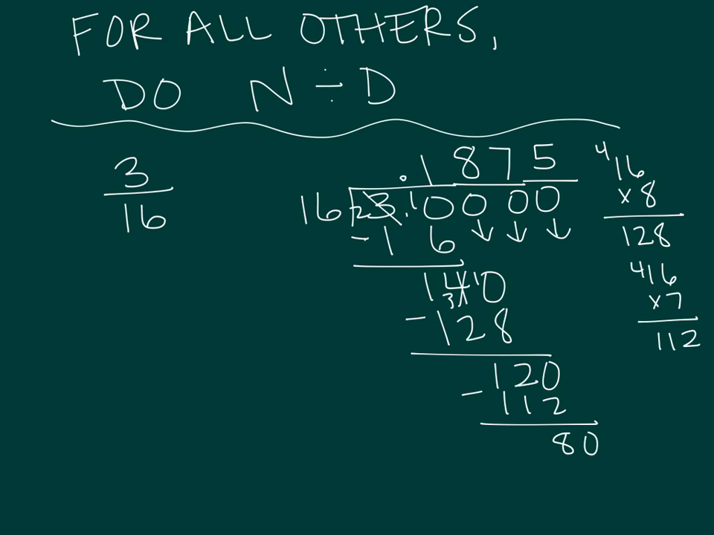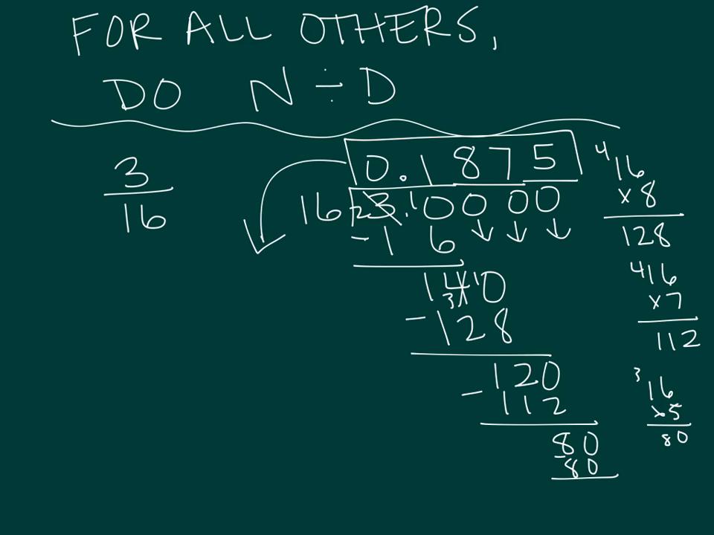Now I know I might have lost you on the division there a little bit, but you know long division. You're good at it. 16 times 5 is 80. So we're done dividing. Let's look at what we have. Here's the decimal right here,